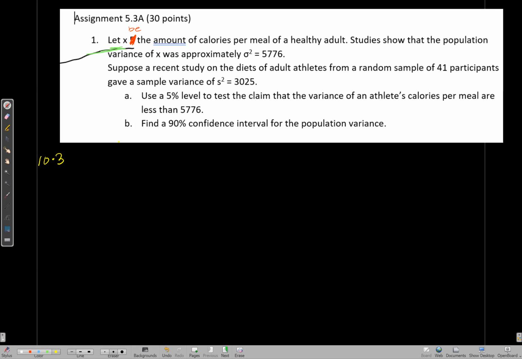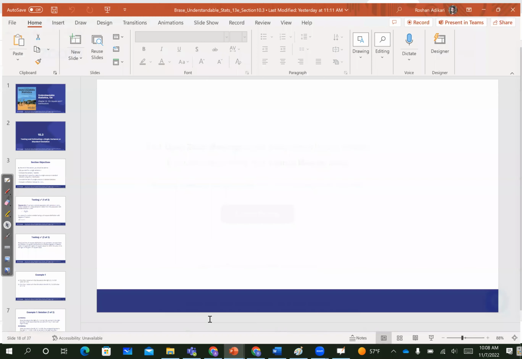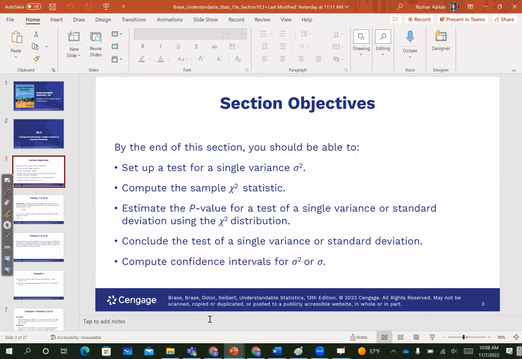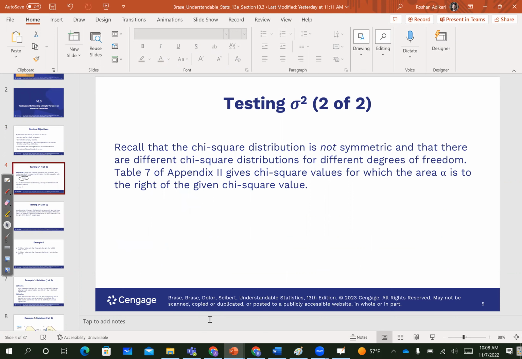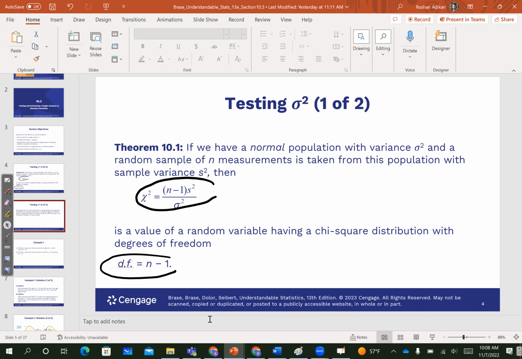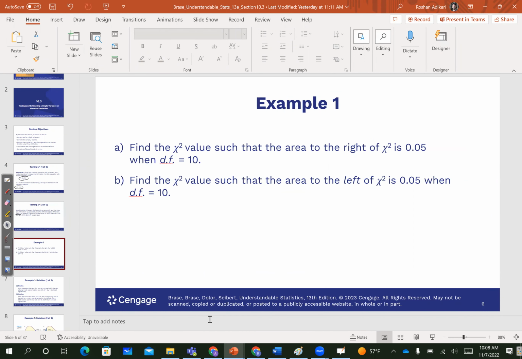10.3. So I have opened my slides here as well. Now let me go to 10.3. Now in these slides, it explains all of this, you will be using this. And again, this idea of degree of freedom. And the table 7, that is something you must need. And here, I recommend you to,